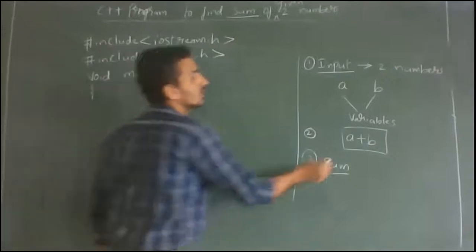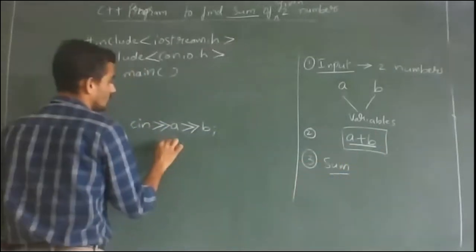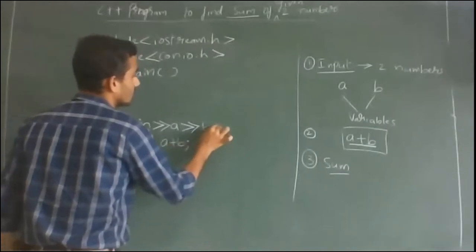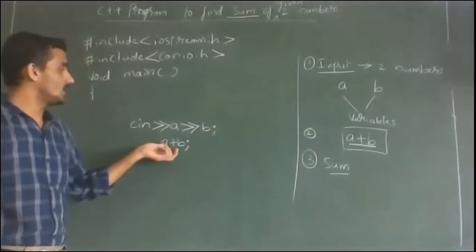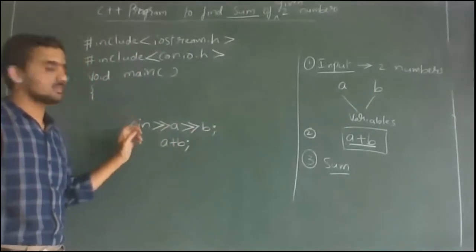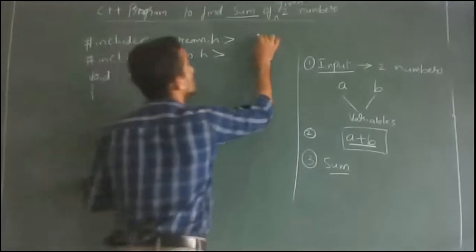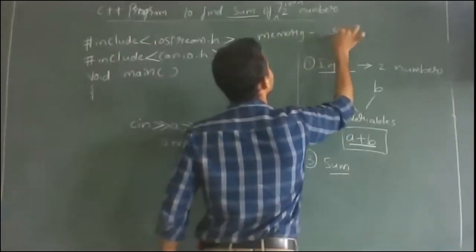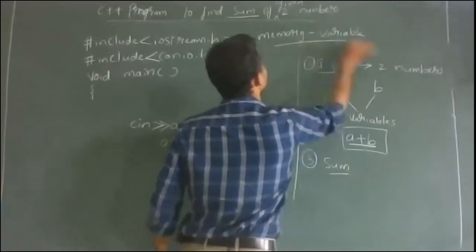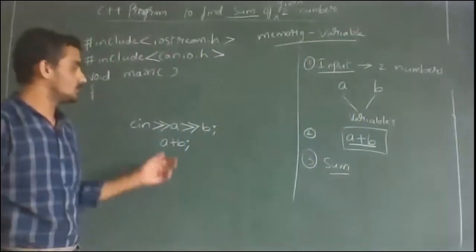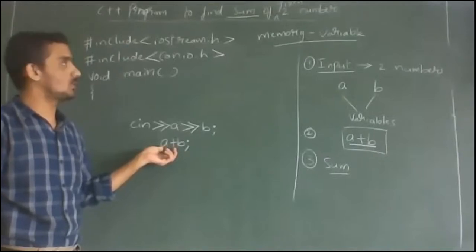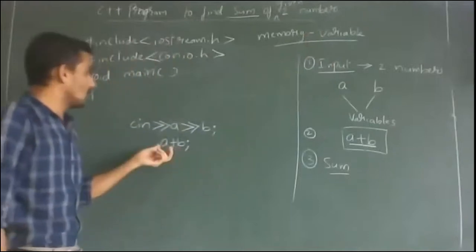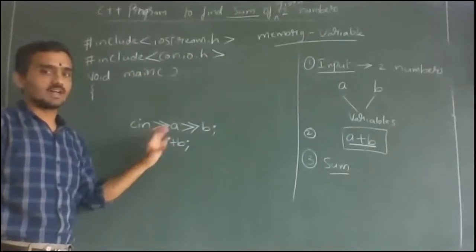Next, what are we doing? We are finding the sum. So A plus B. When you find this sum, that calculated value we need to store in memory. That means in a variable. Whenever I say memory, it is nothing but a variable. Whenever you are calculating a value, some product, difference and all, you have to store that value in the memory. Memory means it is a variable. So I will tell you how to write that statement to store the value in a variable.